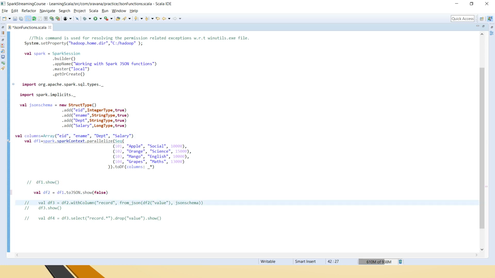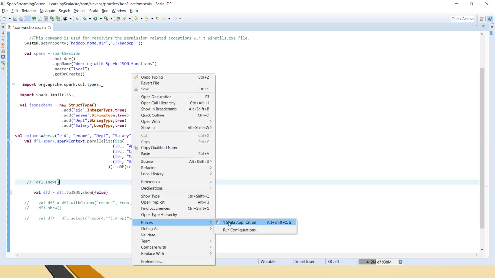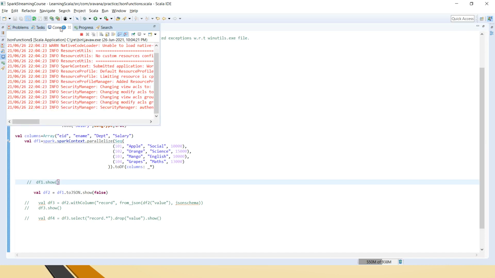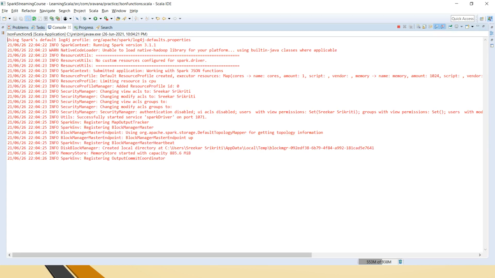But here I am using Spark 3.0.0 and this function is available. In versions greater than 2.1 or 2.4 you will be able to find this toJSON function. So data frame, then toJSON, then I am calling show. Let me run this code to see how this normal tabular format of data is converted into a JSON format.